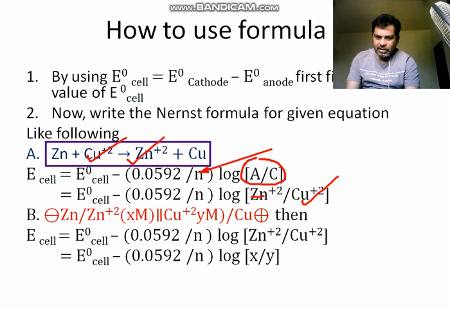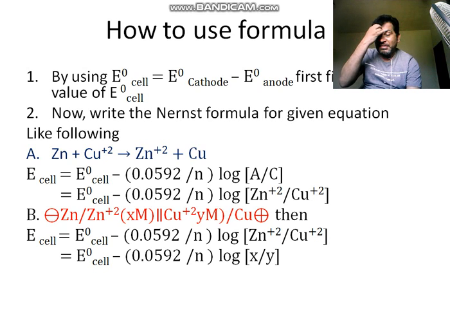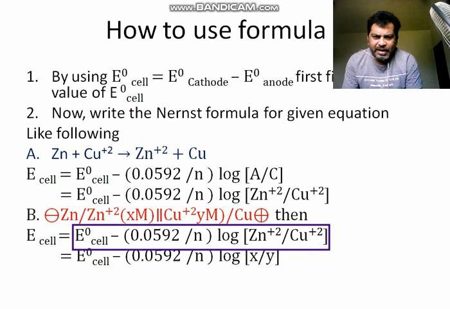Okay, so see, this is the equation you are given. So now you can find out what will be the usefulness. Okay, so dear students, here if we apply the Nernst equation, then it is very simple. See here, we have first written the Nernst equation in the form of anode by cathode. Anode is here zinc and cathode is here copper. Again anode is zinc and cathode is copper. But what is the value of copper given? That you can check.